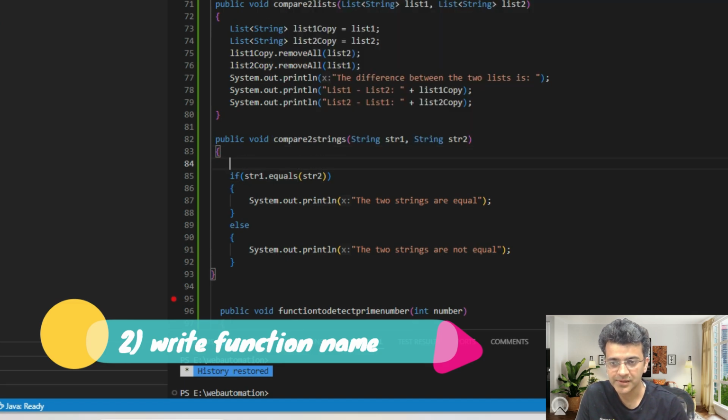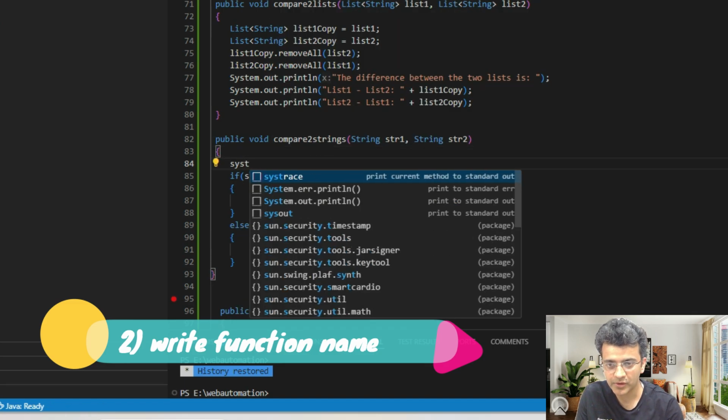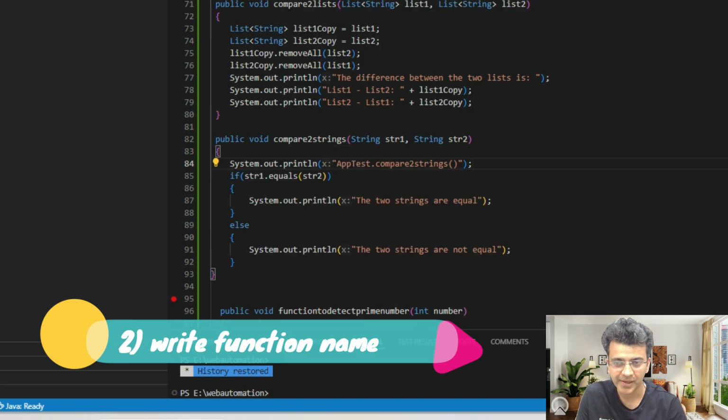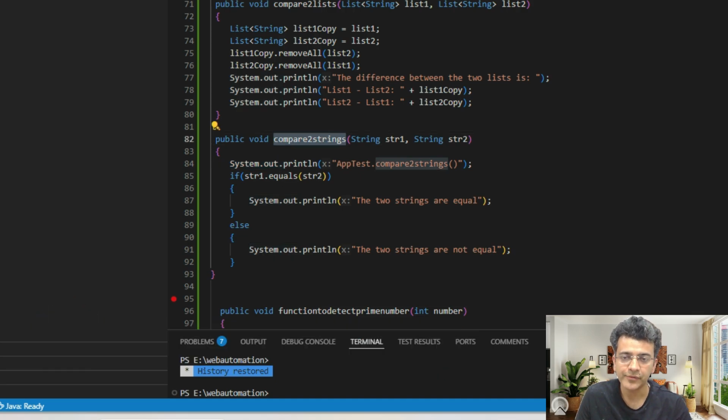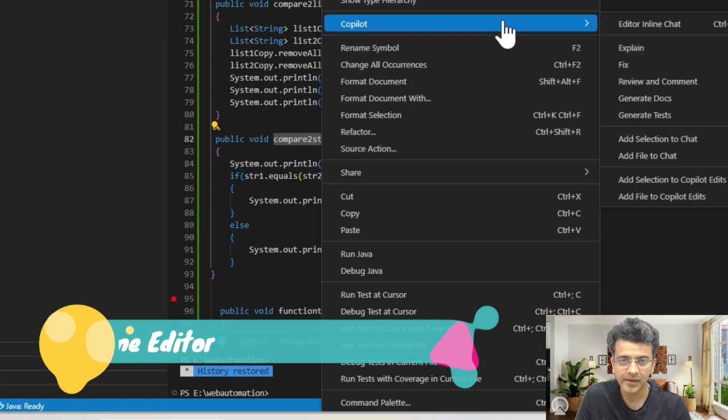So let's say I start writing here system.out.println, right? I just wrote system and it automatically gave me this code. So if you're writing code and it is suggesting, it is like generating via code, right? And if you are typing in natural language, it will give like this. So this thing you can do here, or you can maybe, let's say I can right click,